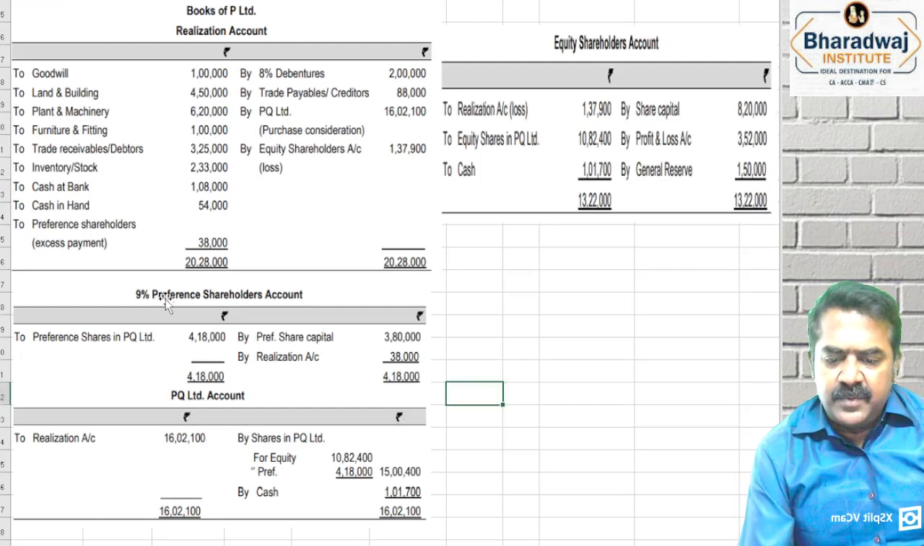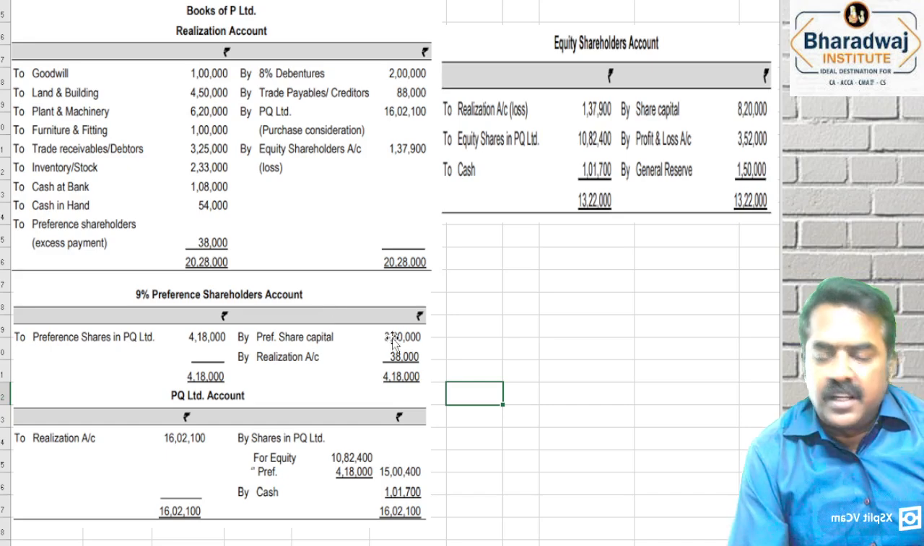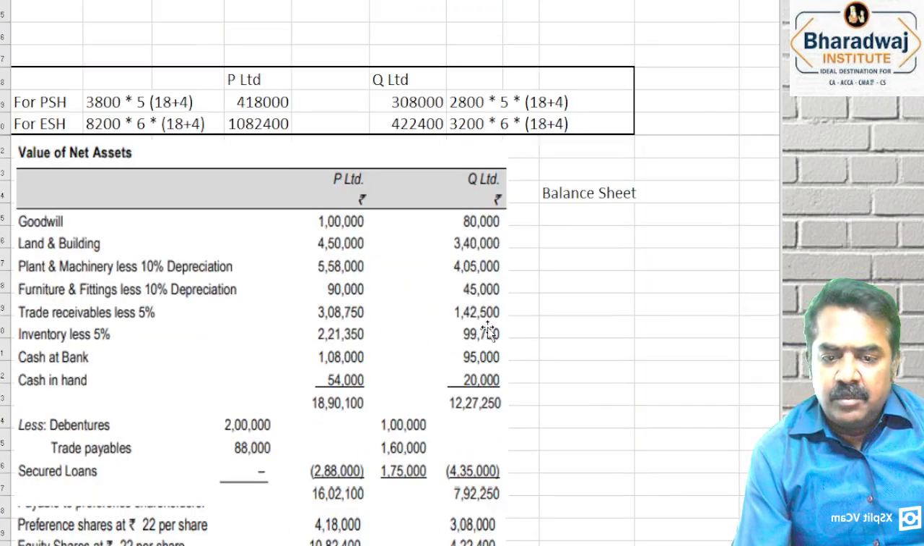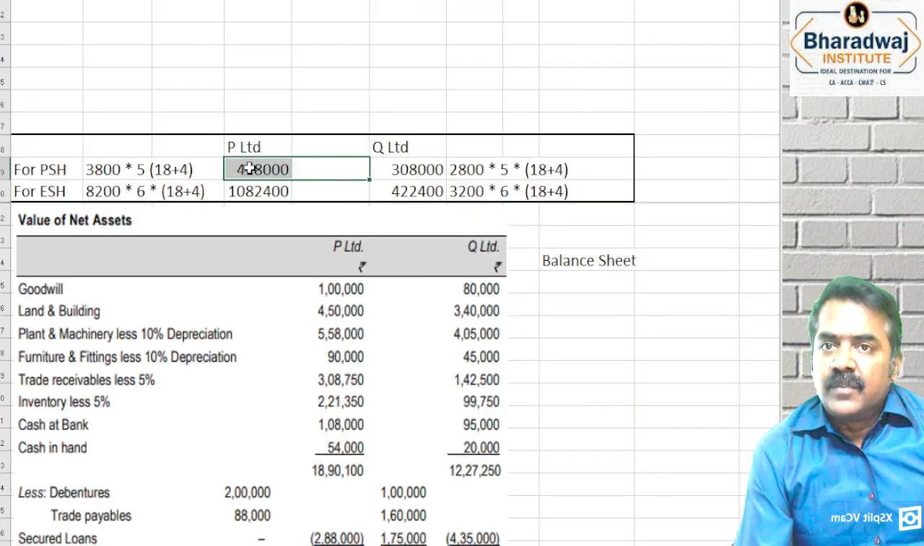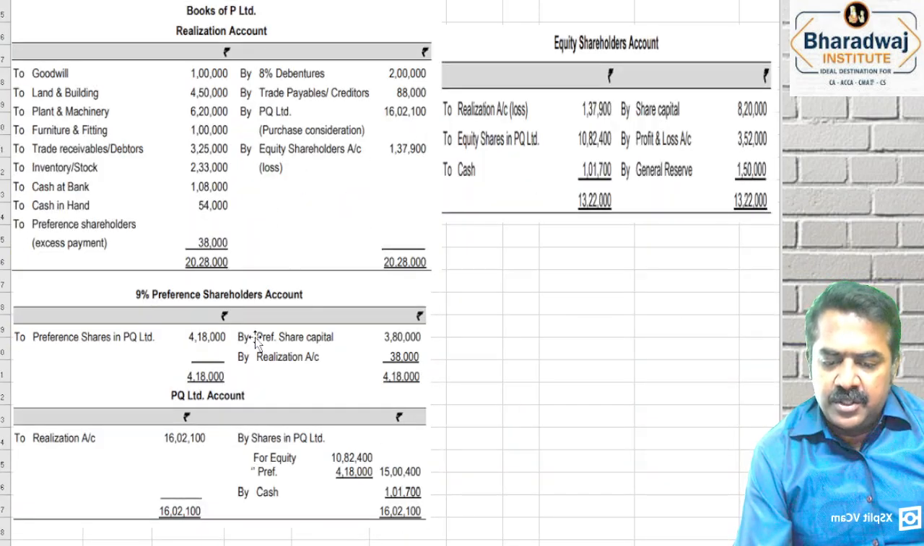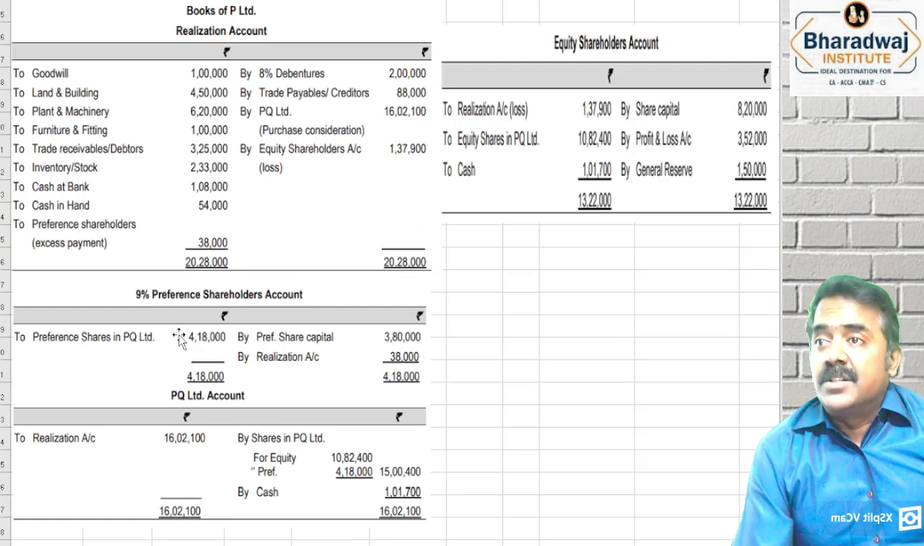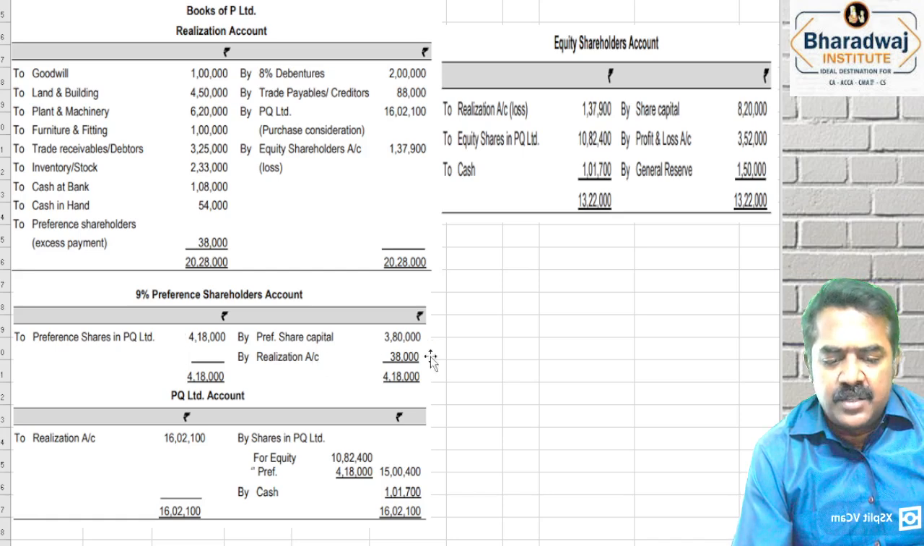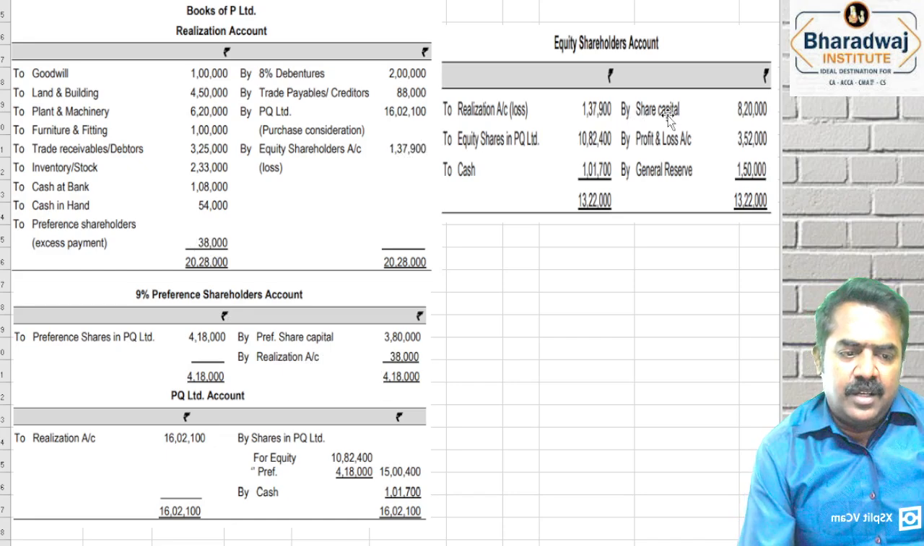Then first we settle preference shareholders. Preference share capital is 3 lakh 80,000, but look at how much we got for them: 4 lakh 18,000. So the balance will go to the realization account. Then close the realization account. For equity shareholders, take capital, P&L account, general reserve,